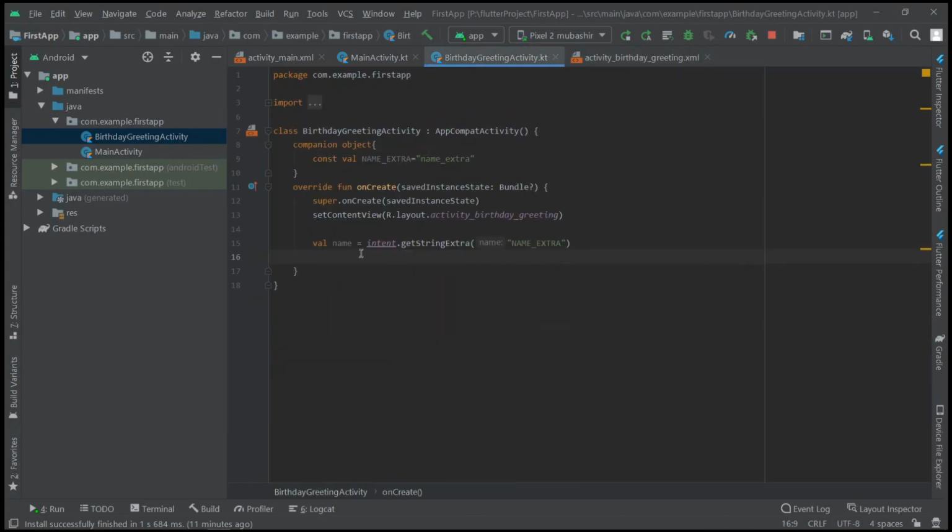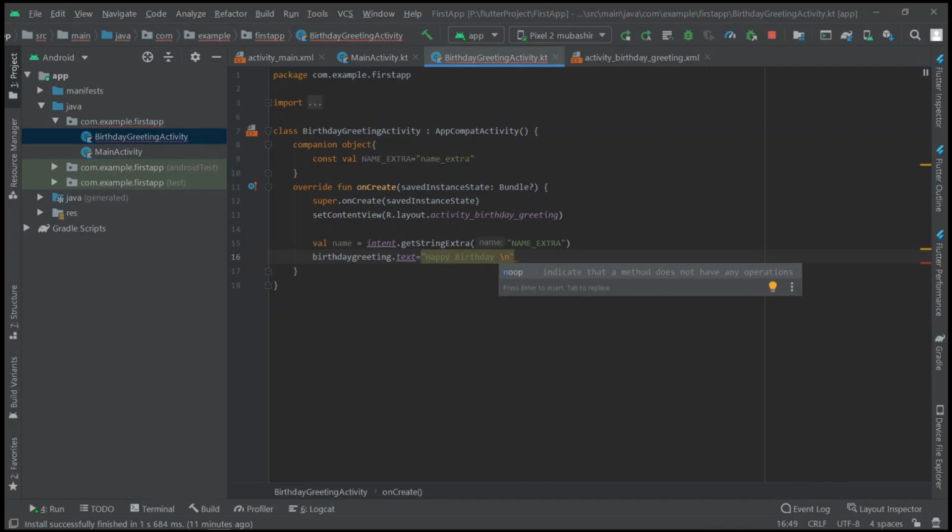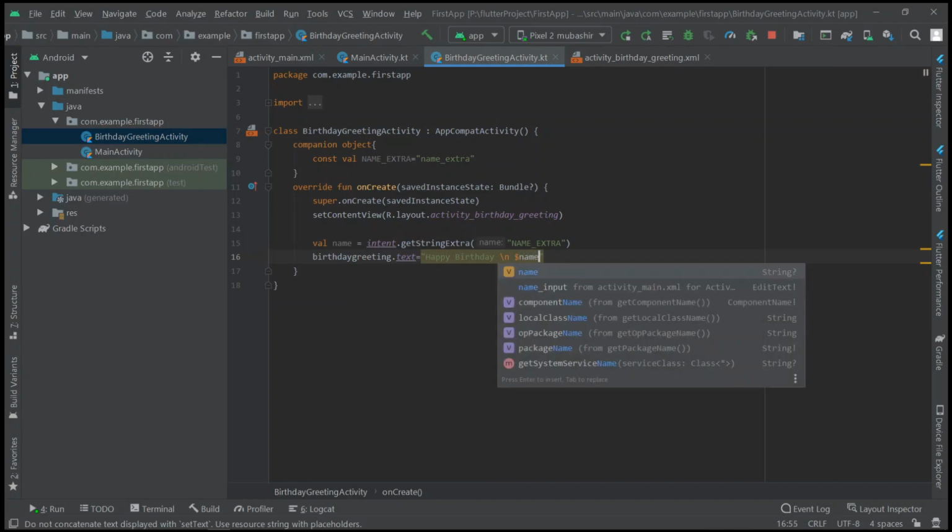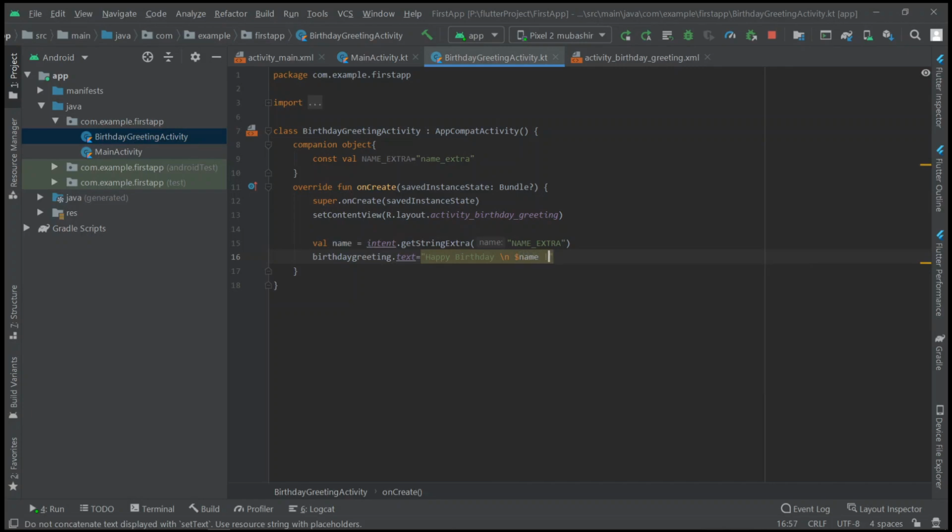So for that, birthdayGreeting dot text equals to Happy Birthday, and here let us give a new line, backslash n, and here let us pass the name, and after name an exclamation mark. Okay, so now this is completed. So once let us run this.